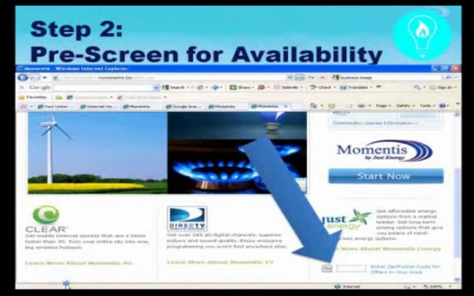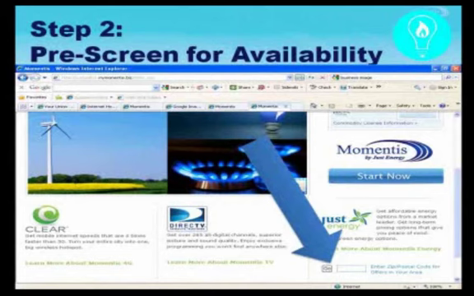So this leads you into step 2, which is to pre-screen your potential customer for available service. So you log on to your mymomentous.biz site, and in the lower right-hand screen, enter your potential customer's zip code. When you enter the zip code and hit return, you'll have a pop-up screen that shows every single product and pricing availability for your customer in that area.